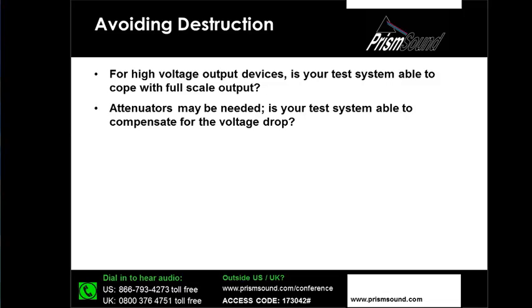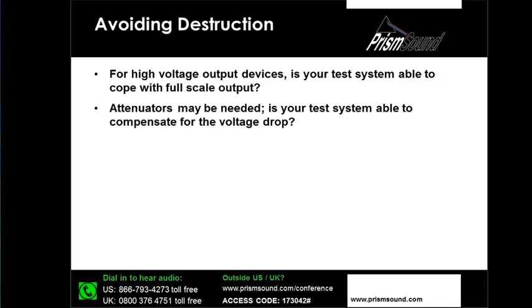If your amplifier output does exceed the maximum input of your test system, it's not a major problem. You can potentially use attenuators in the circuit to reduce the voltage that is presented to the measurement system inputs. However, that does then mean that you need to get your pocket calculator or your telephone or your computer calculator app out to calculate the equivalent voltages and powers that are actually present at the amplifier output rather than at